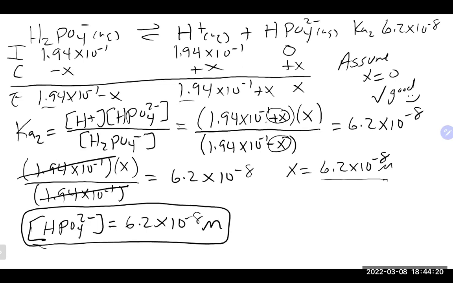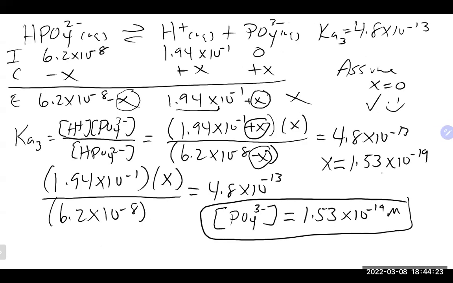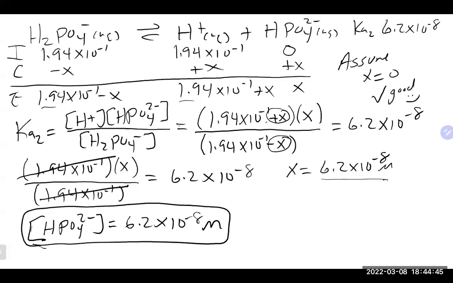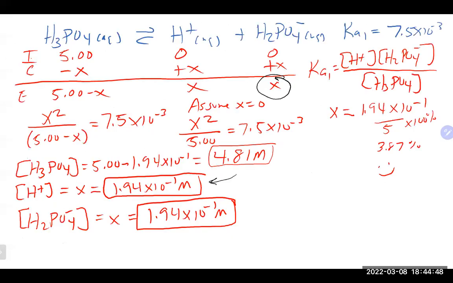And when we got to the third step, even less came off, right? 1.5 times 10 to the minus 19. Even harder to take off the third one. So what we do see here is that the majority of the H plus that came off happened in which step? The very first step, because it's much easier to do. There we go. So in a polyprotic situation, if you're asked to just calculate the pH of the solution, it